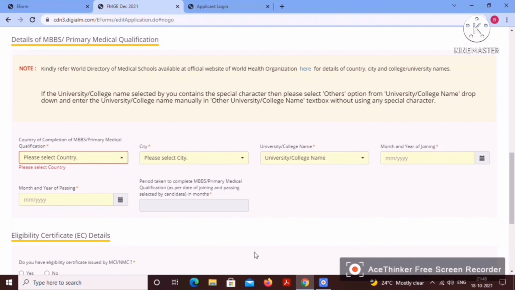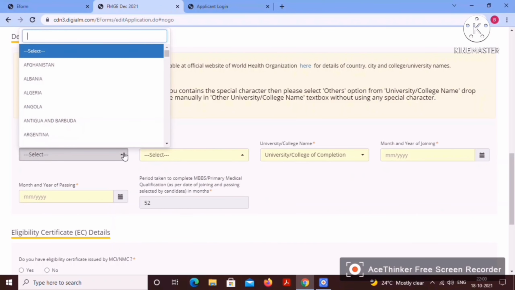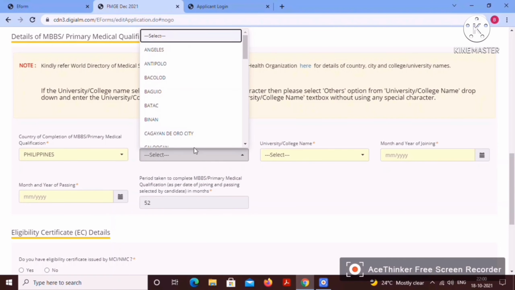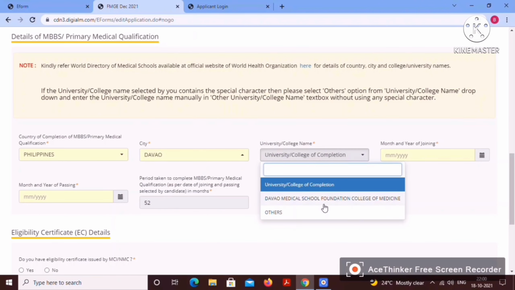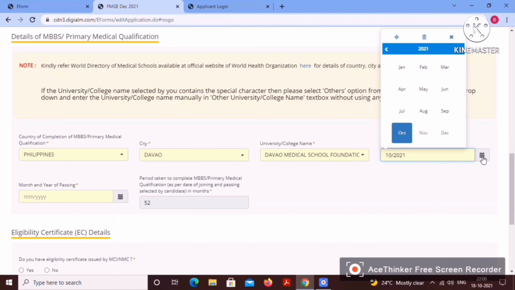So the next step is where we select the college. First is the country where I studied, the Philippines. The city is Davao. Here my college came up, and for the month and year of joining, you need to check the graduation certificate that you will get when you join, to see which month you joined.